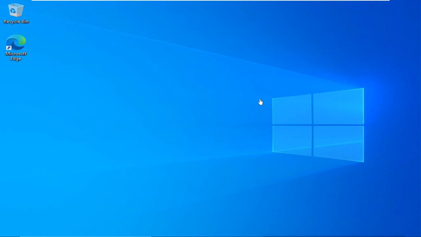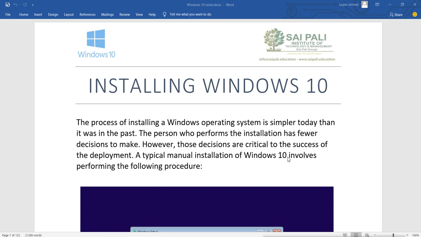Right now there is nothing on the desktop, but we will see how we can customize it and how we can do the post-installation tasks. This is how we install Windows 10. We can do upgrading, or even migration if we like.